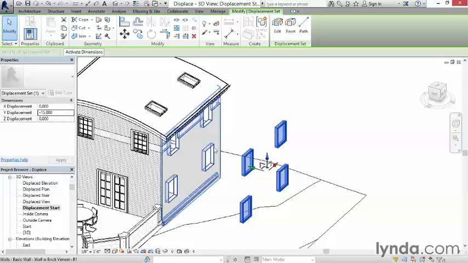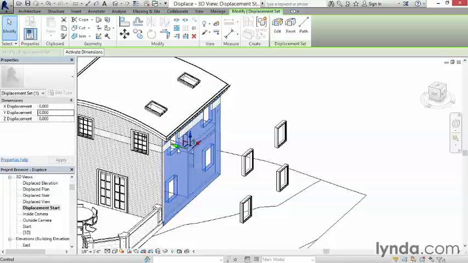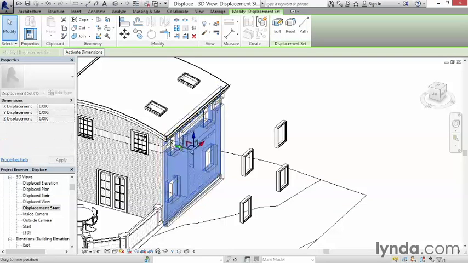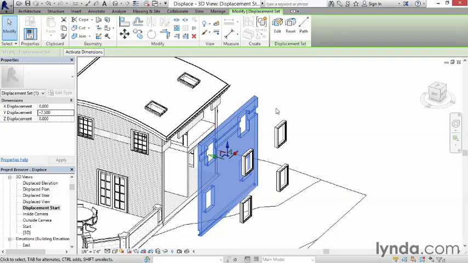And what that means is when I select the wall next and create the next displacement set by simply clicking the same icon, that gives me the new gizmo for just the wall. Start moving that out. That's going to move the entire wall. And you'll see that I'm moving only in the Y direction. Well, now I could say negative 7.5, and that wall will move halfway between its original position and the position